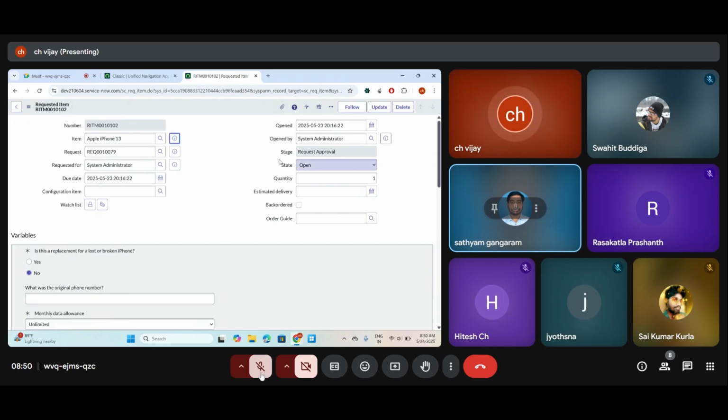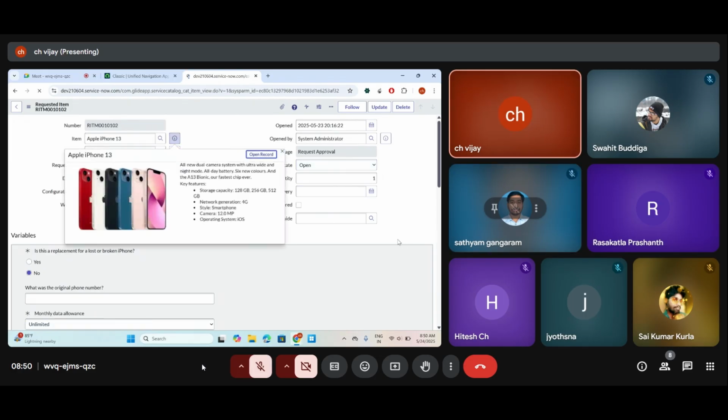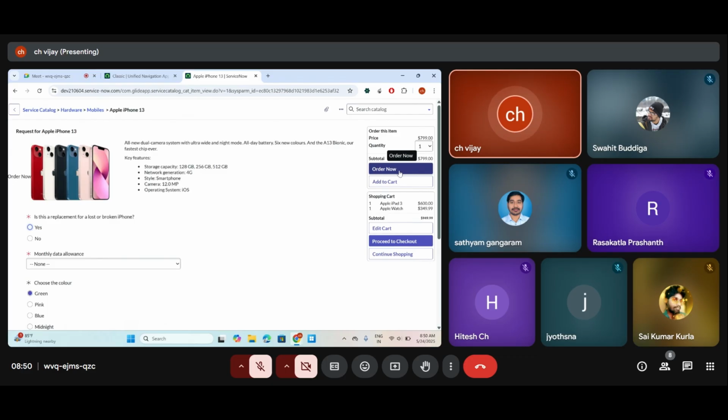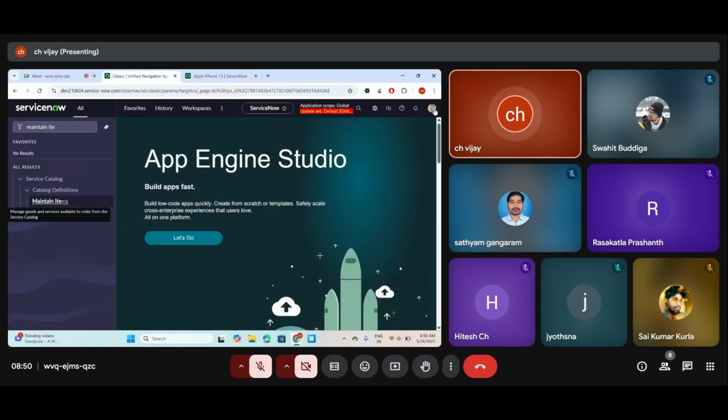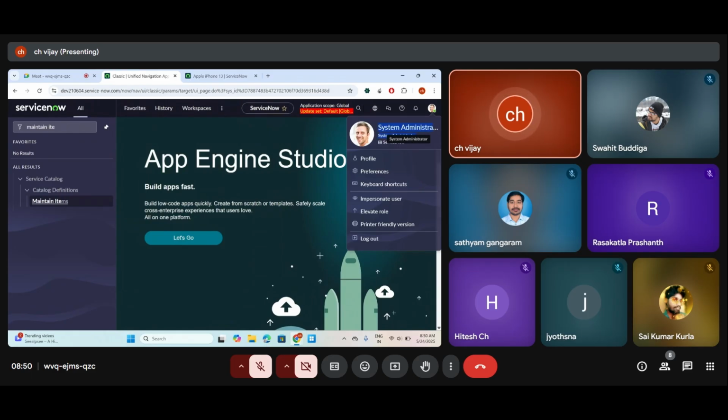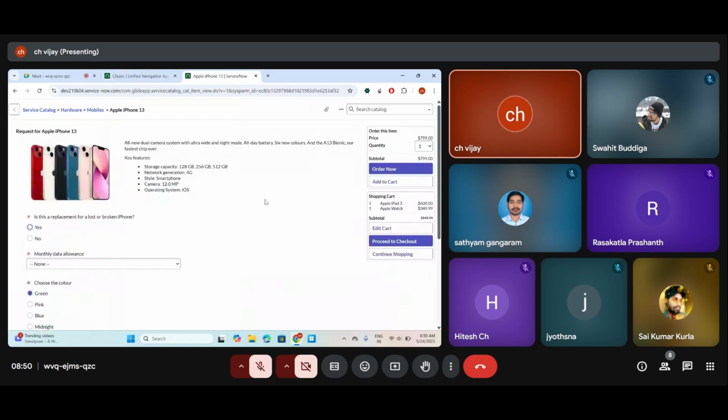Whenever the user clicks on order now, the first step is that it should redirect to the approval for the manager. It goes to whoever has requested this; in this case I requested it, the current logged in user, the system administrator. This person's manager should receive the approval. There are two possibilities here: the manager can approve it or reject it, right? If the manager rejects it, it should set the state to closed complete, and you should be notified